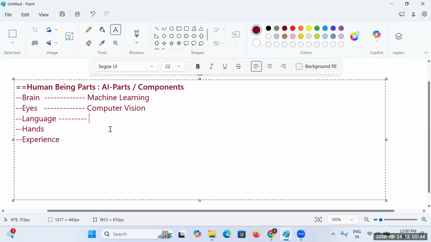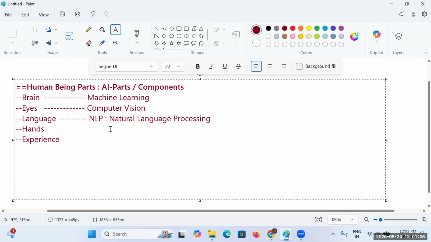Then the language. As part of AI, we have an option called NLP, which stands for natural language processing.